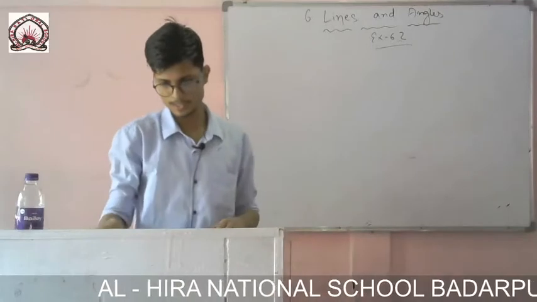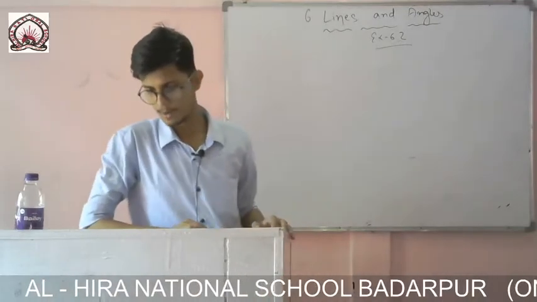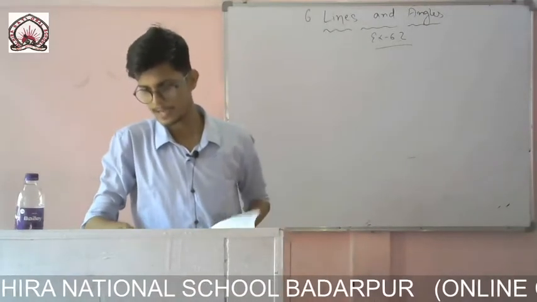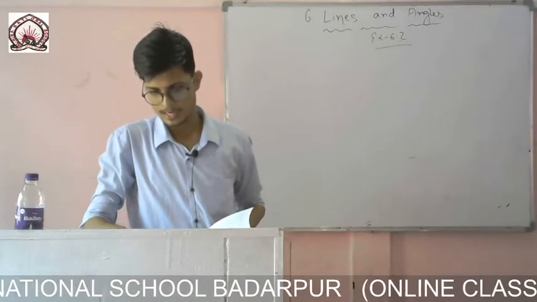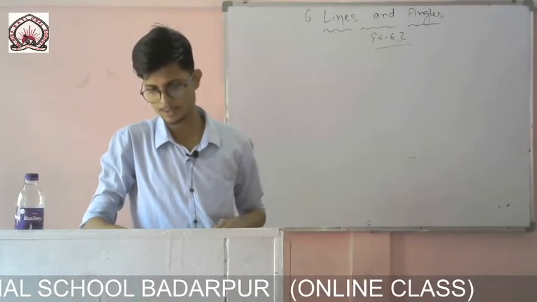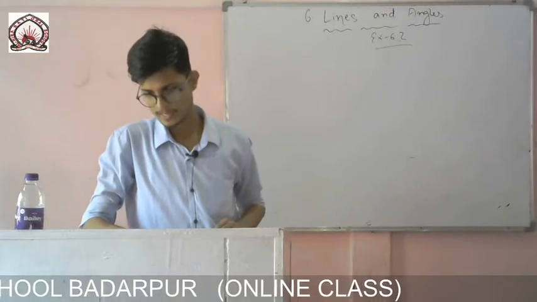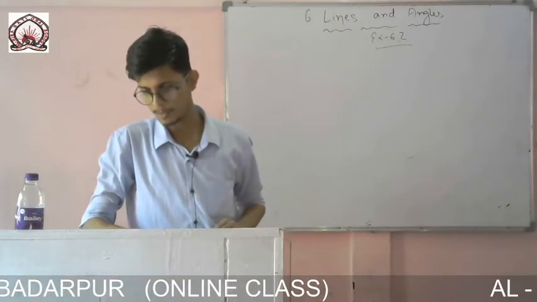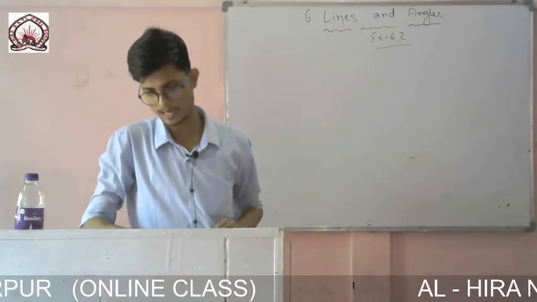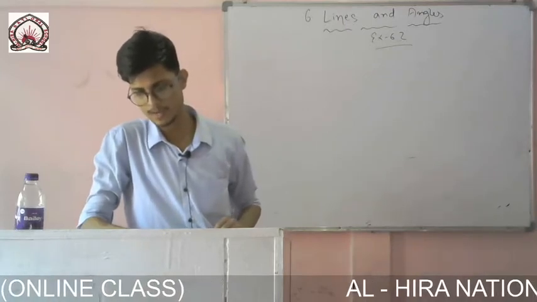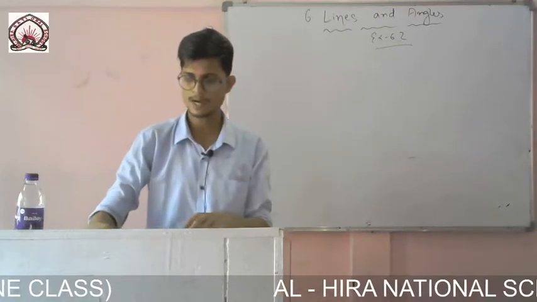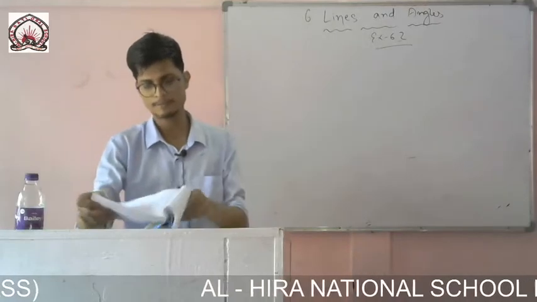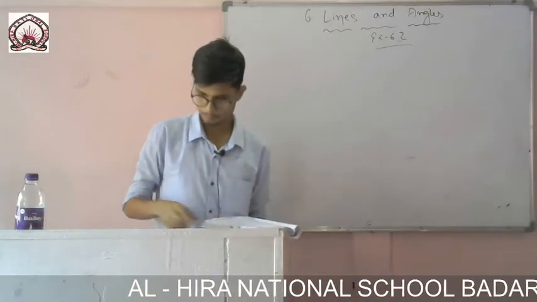You see the question. In the following figure, PQ and RS are two mirrors placed parallel to each other. An incident ray AB strikes the mirror PQ at B, and the reflected ray moves along the path BC and strikes the mirror RS at C, and again reflects back along CD. You are to prove that AB is parallel to CD.